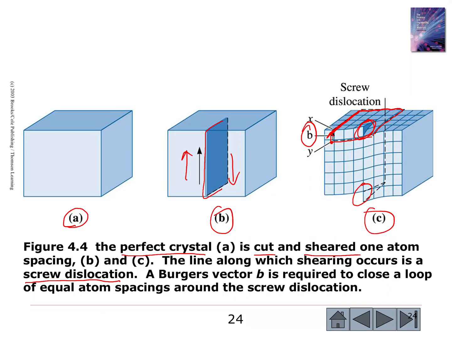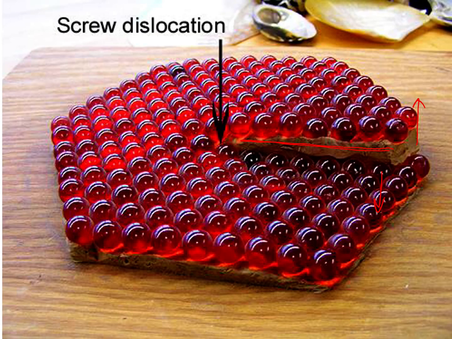Whereas the Burgers vector here is parallel to the screw dislocation. So the Burgers vector is parallel to the screw dislocation. Let's call it SD. Okay,